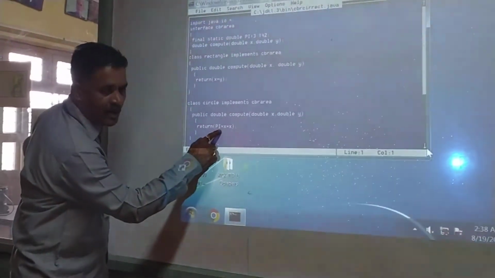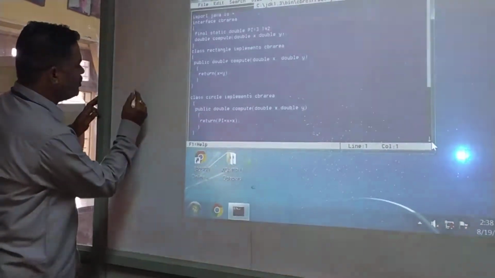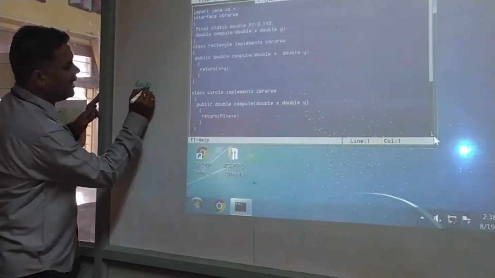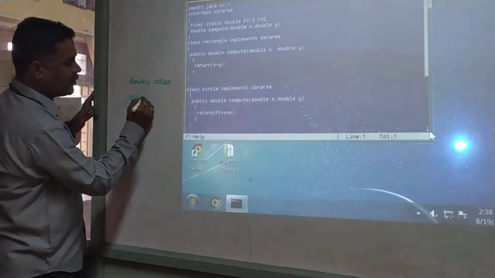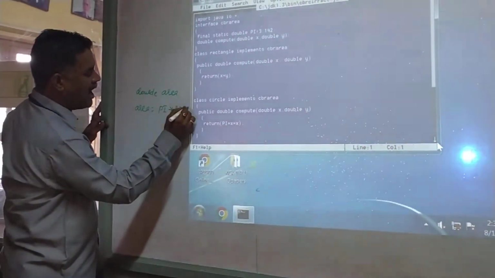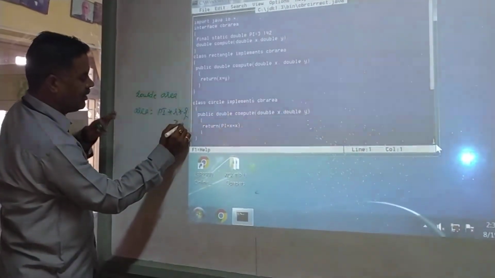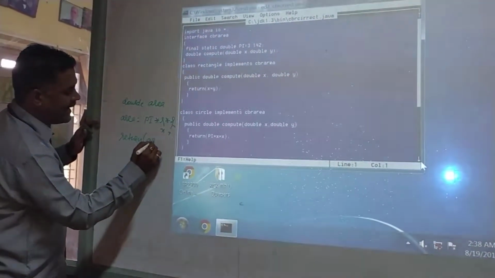But here our formula is pi x square. Using one extra double area is equal to pi into r, where r means x, then return area.